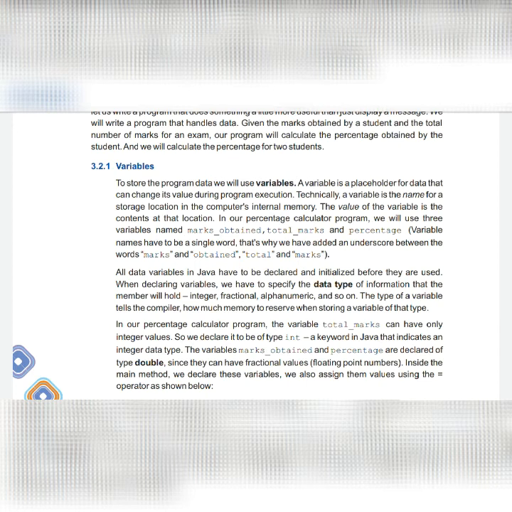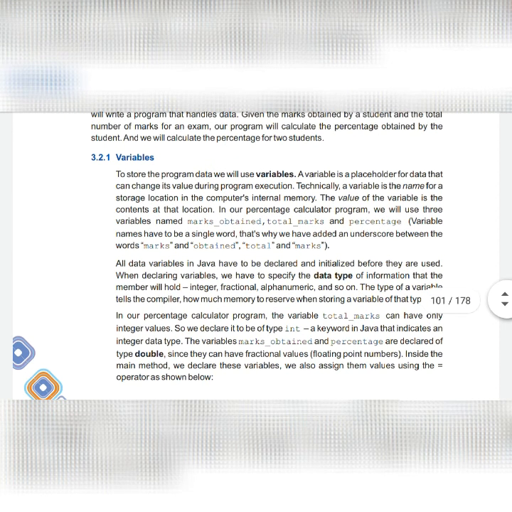Why for percentage? Because the value of the percentage, we have to store somewhere in the computer. Okay, so to store these values we use variables, and for calculating the percentage I need three variables, that is marks obtained, total marks, and the percentage. The percentage variable will contain the result.